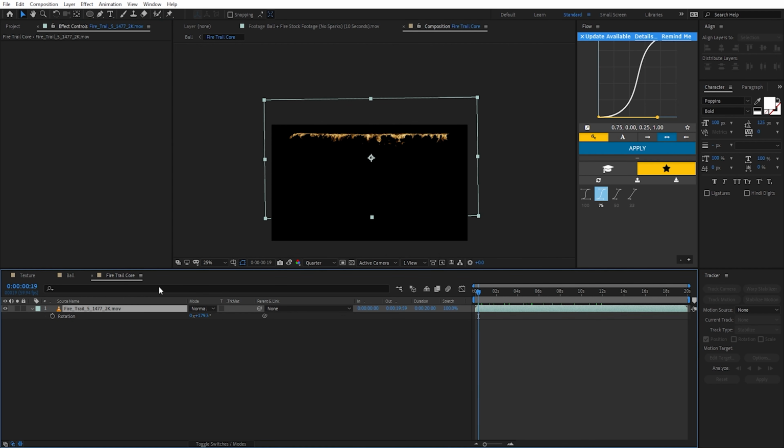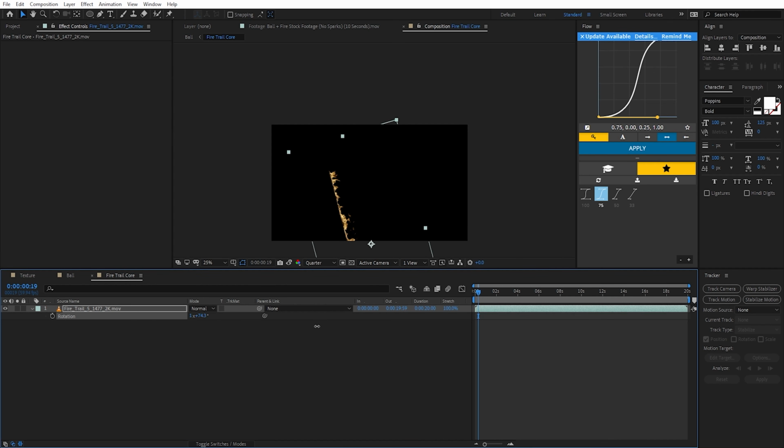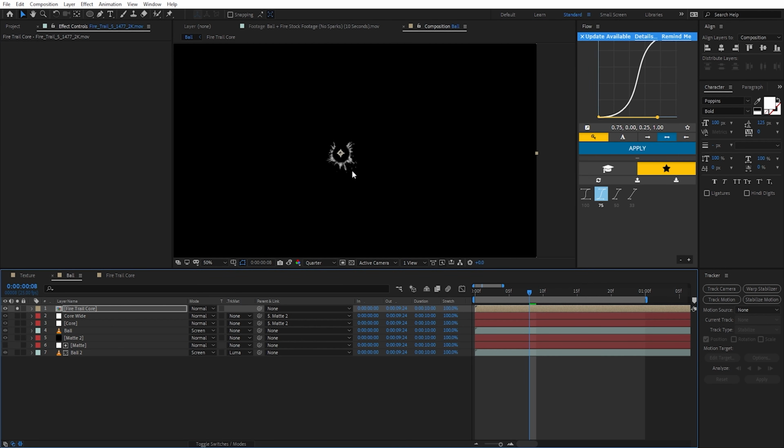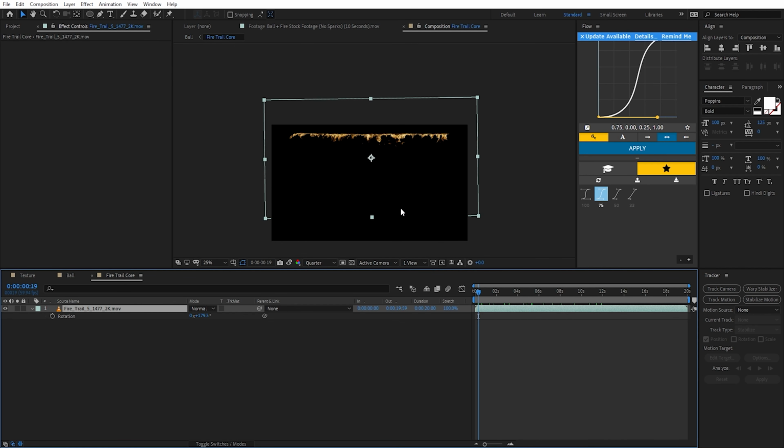So if we go back here and bring this at the bottom and also rotate it, now it's shooting inwards. But if we Control Z, now it's shooting outwards. So in this case, just make sure your layer is sitting at the top, pointing downwards. Another thing we could do is select the pan behind tool or click Y to bring it up as a shortcut. We can set it at the base of the fire and then we can maybe stretch it out a